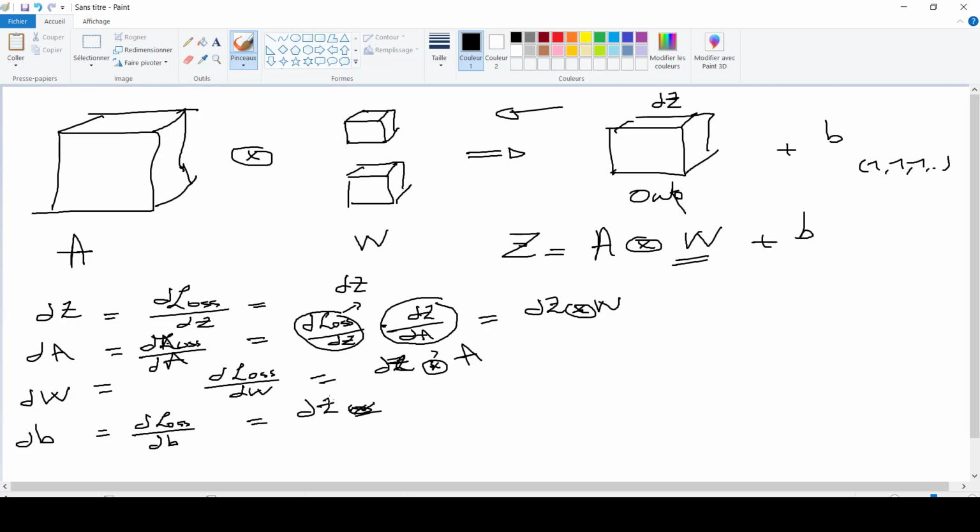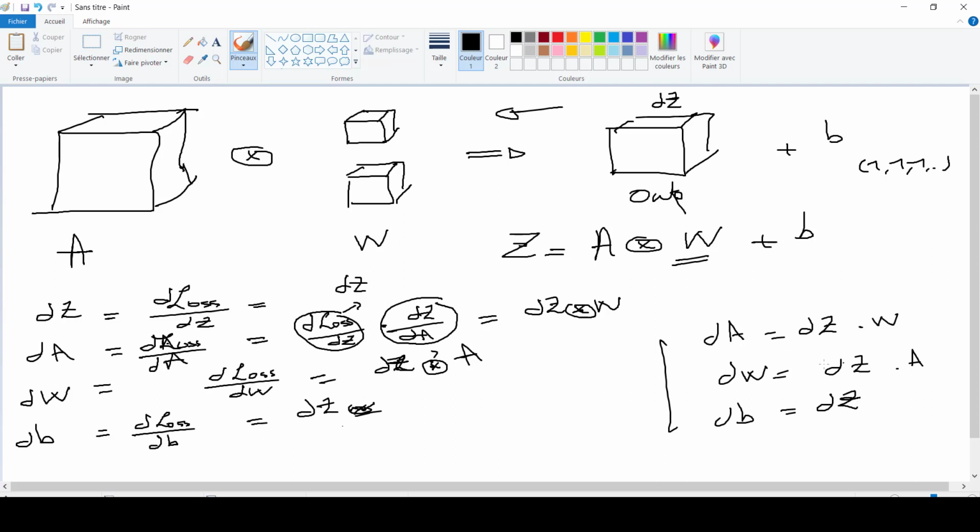But here, as I need to respect the dimension, I need to do some summations over dz. So to sum up, dw equals dz times A, and db is dz.